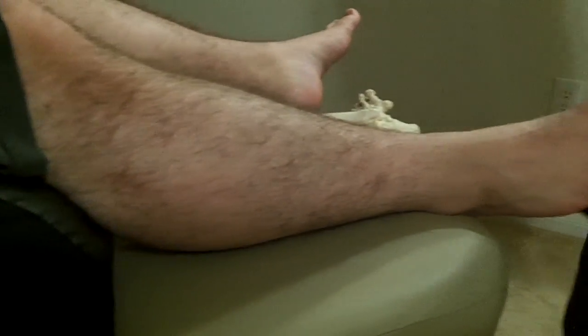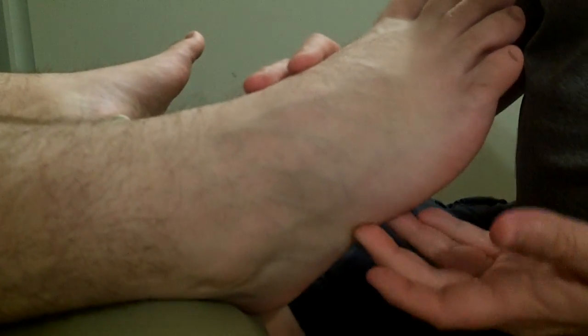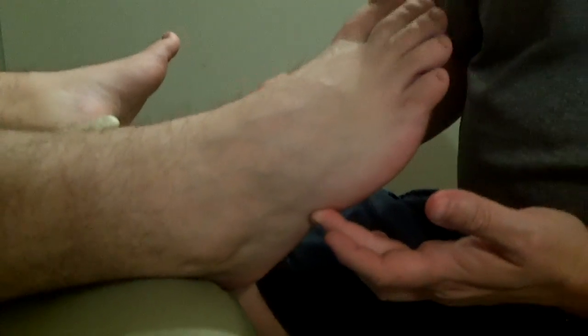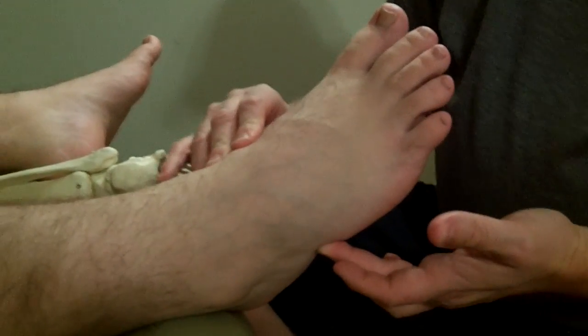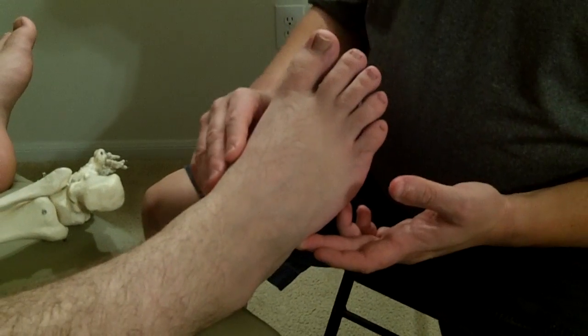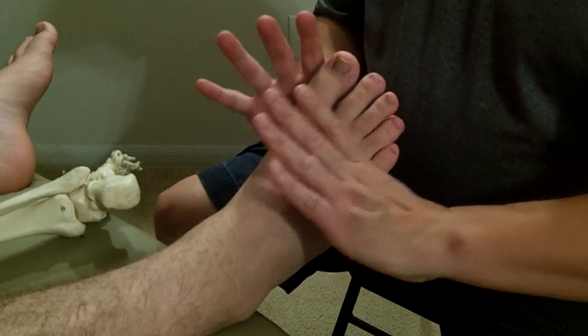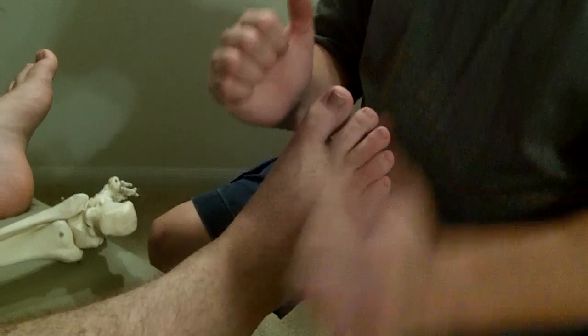So we know that Peroneus longus comes behind the lateral malleolus here. Okay, and then ultimately it's going to come back behind the base of the fifth metatarsal here, and then it will come over to the base of the first metatarsal and the first cuneiform. So the way I palpate that, similar to the way I would palpate tibialis anterior, is I'll take the foot and I'll do a little inversion,